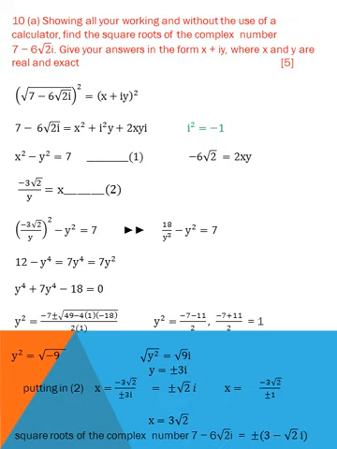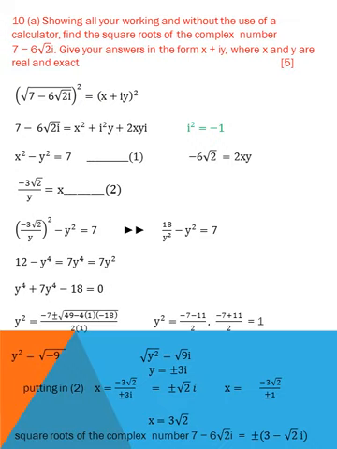We take only the non-iota value, because in the question he is saying that x and y are real and exact. So we don't need to take the value of y in the form of iota. Only take the real value. Real value is minus 7 plus 11 over 2, which will become 4 over 2, equal to 2. Okay, so under root 2. So take the value of y is equal to under root 2 only.